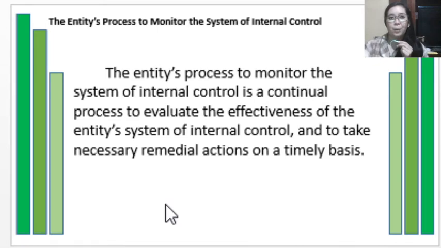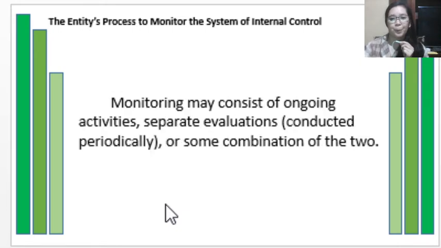So in this case, the entity will focus on the monitoring of how the system of internal control is being implemented in the whole organization. Monitoring may consist of ongoing activities. There might be separate evaluations that may be conducted periodically or some combination of the two. Monitoring can be given to the internal auditors as one of their tasks to make sure that the organization follows its implemented